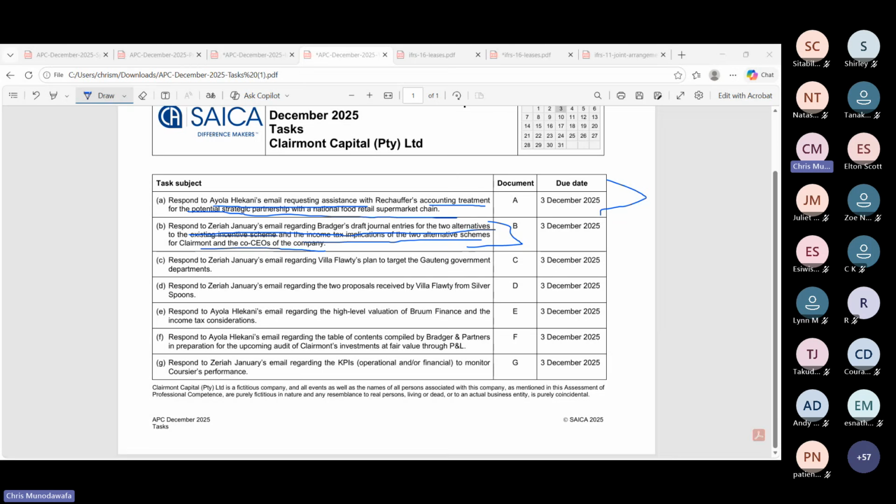We need to develop the facts and circumstances that are given in the scenario. That is, whether the parties have rights to the net assets or direct rights to assets and obligations, whether a separate vehicle exists, and whether there are contractual terms which override the legal form. What is the resulting accounting method? What is the effect on Richafa's financial statements?